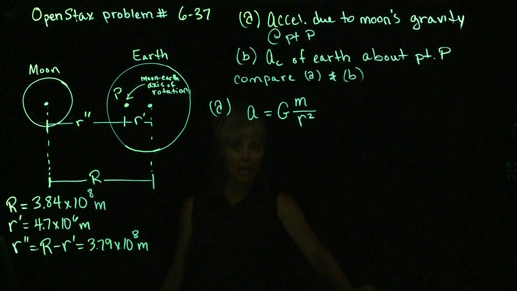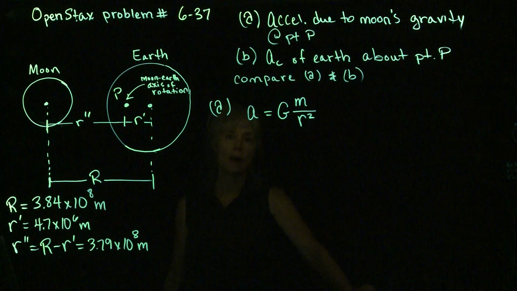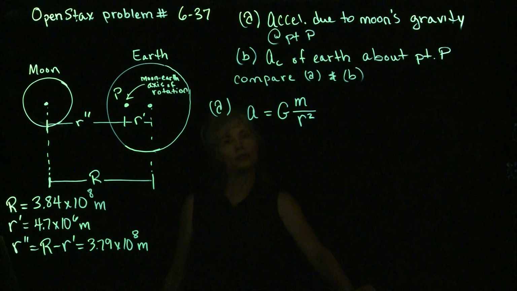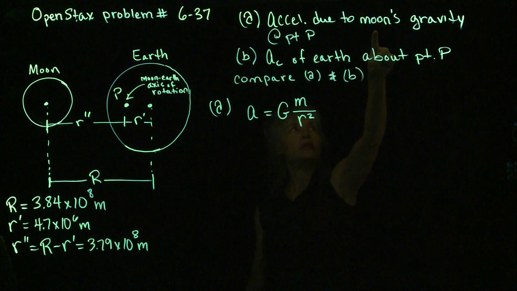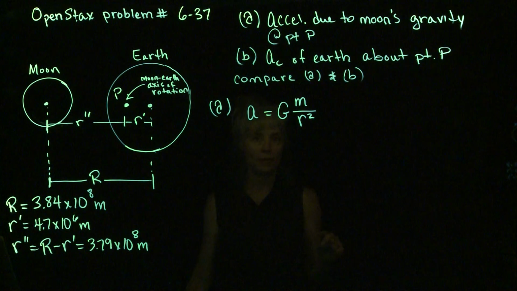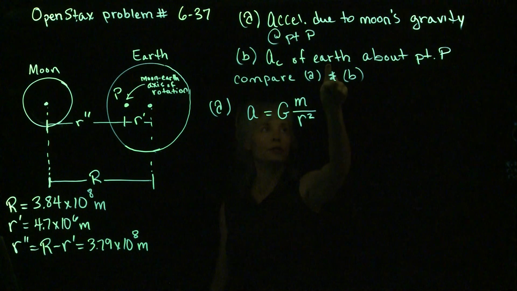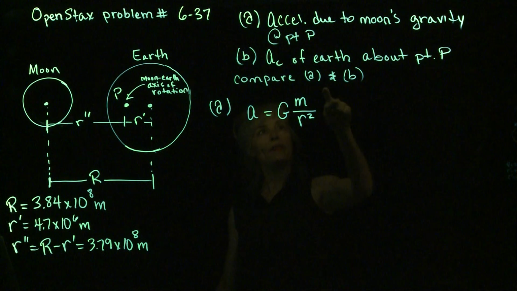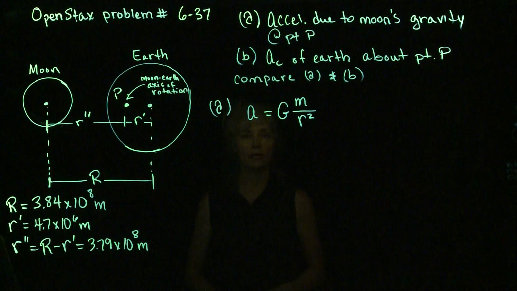Then we want to compare the acceleration due to the moon at point P and the centripetal acceleration of the earth about point P, and see if those two values are the same, and then reason out if they should be the same or not. So here we are. A, calculate the acceleration due to the moon's gravity at point P. And then in part B, calculate the centripetal acceleration of the earth about point P. And then we're going to compare A and B to one another,